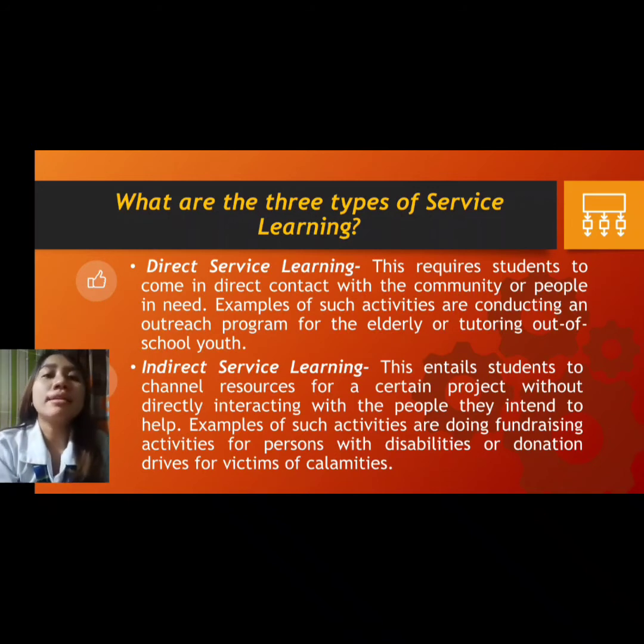So, next is indirect service learning. So, this entails students to channel resources for a certain project without directly interacting with the people they intend to help. Examples of such activities are doing fundraising activities for person with disabilities or donation drives for the victims of calamities. For this types of service learning, indirect service learning, so hindi naman nire-required na mismong yung mga bata ang